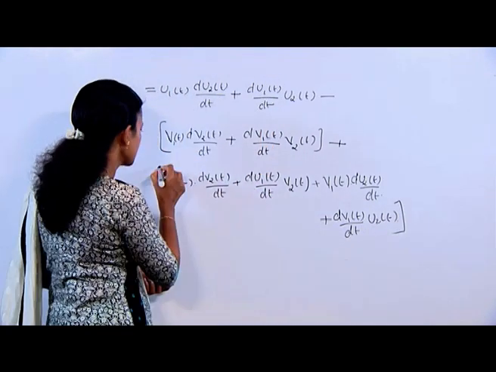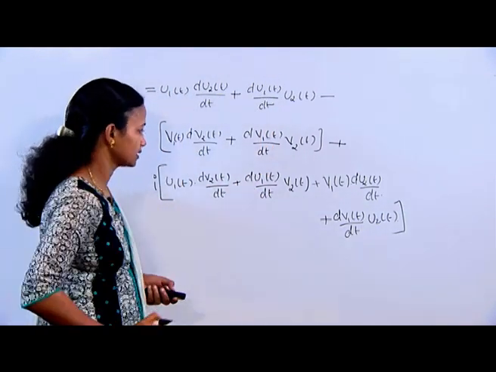This is actually our second term, that is, terms containing i, using the product rule of real valued functions of t,